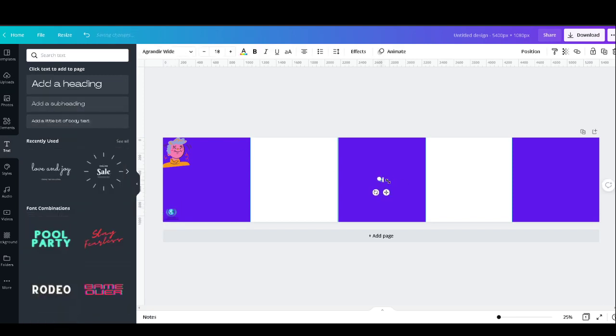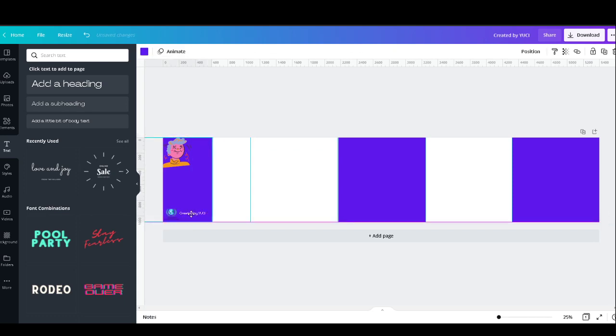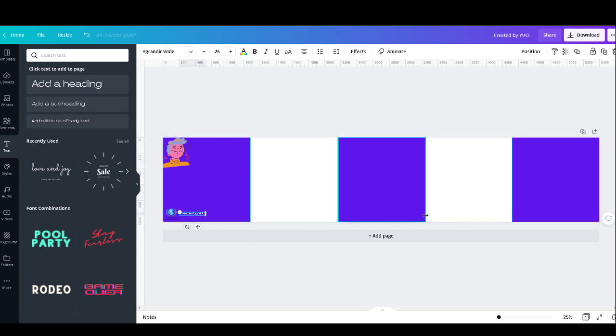You can write "created by UC" and drag it inside in the order you want, and you can increase the font size. You can also copy this one. Sorry, I have dragged that. Okay, you can copy this one and paste it on the side.